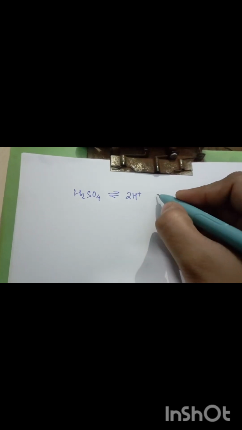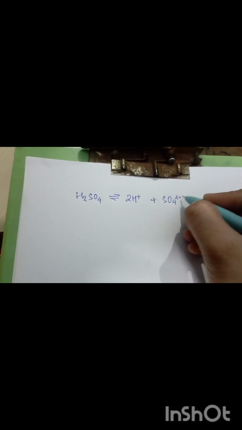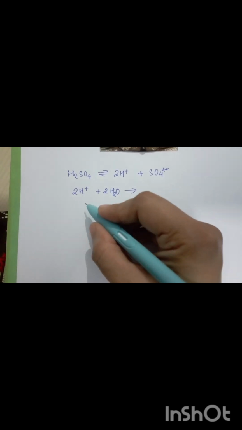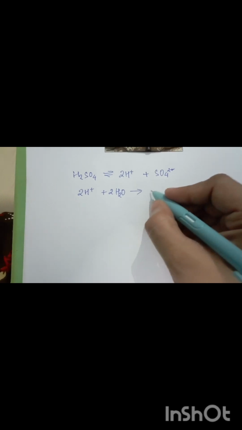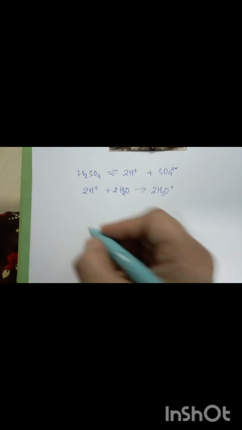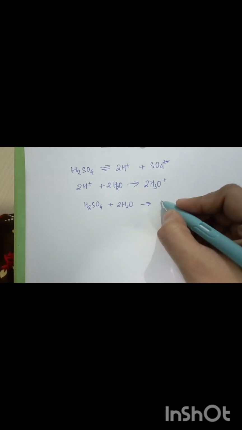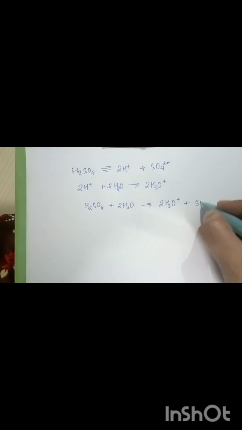Okay, for example, if you have taken H2SO4, it has 2 H plus ions, so it will be dissociated as 2 H plus and SO4 2 minus, the sulfate ion. So now we have 2 H plus ions. 2 H plus ions will react with 2 water molecules, okay, one water molecule will react with 1 H plus ion, and here we have 2 H plus ions, so they will react with 2 water molecules and form 2 hydronium ions. So the net reaction will be H2SO4 plus 2 water gives 2 hydronium ions, H3O plus, and sulfate ion, okay. Okay beta.